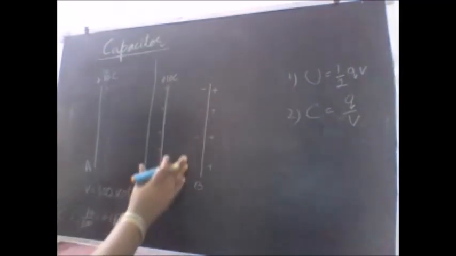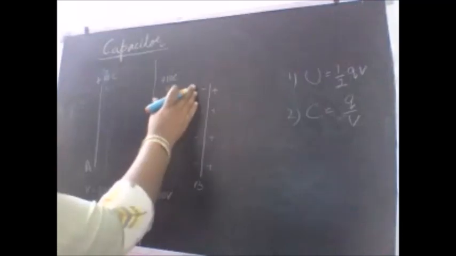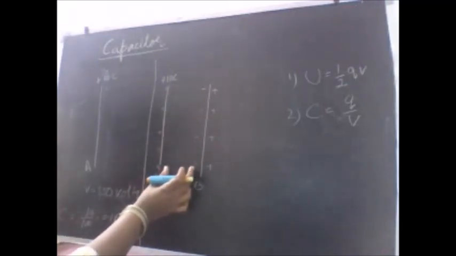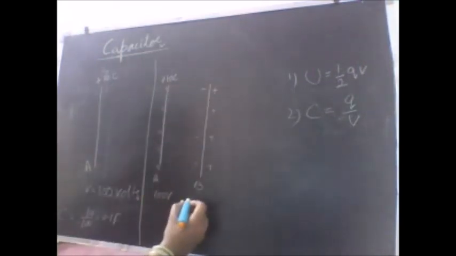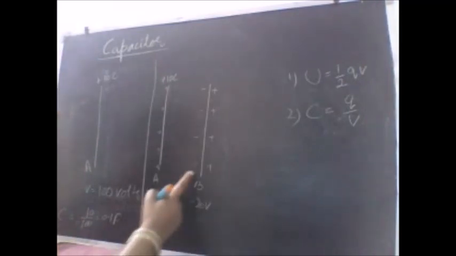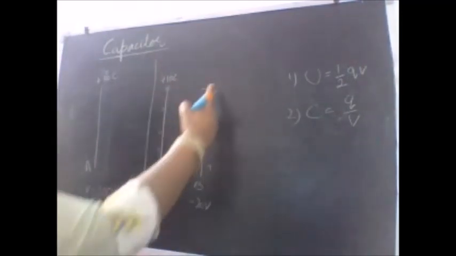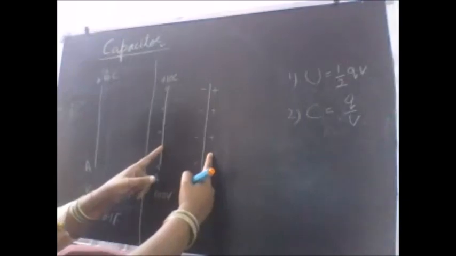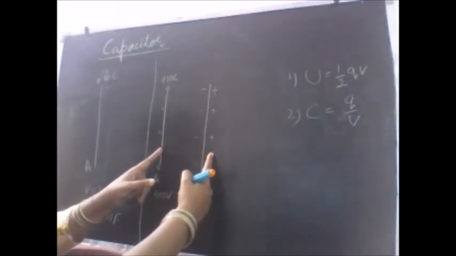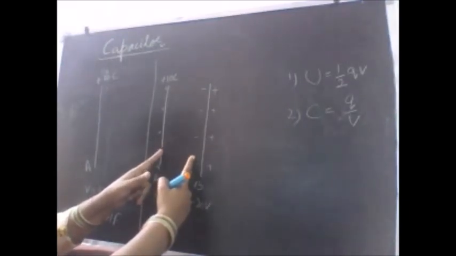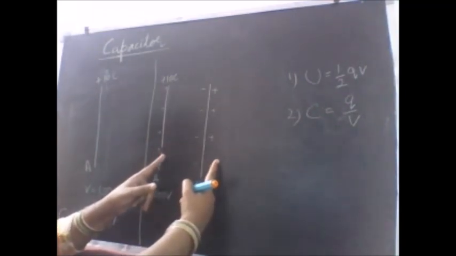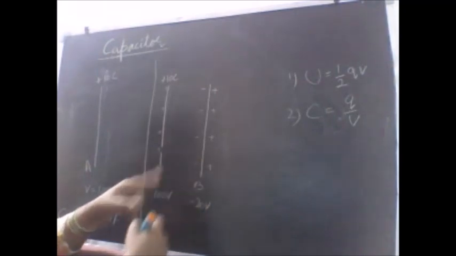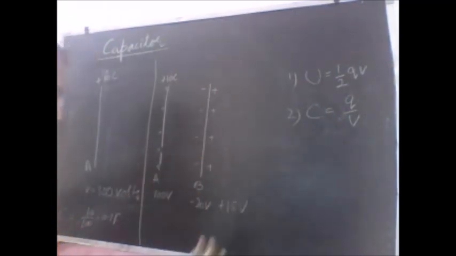Now what will happen? There are two sides of the plate B. One is the left side, which is carrying the negative charge, and the negative charge is a little closer to this plate, so it is going to offer a negative potential. This left side is going to offer a negative potential, say the negative potential is 20 volt. And the right side, since it is a little further, the distance is a little more in comparison to the negative charge. The negative charge was at this much distance, the positive charge is at this much distance. So when we increase the distance, obviously the potential should be less. Let me take this value.